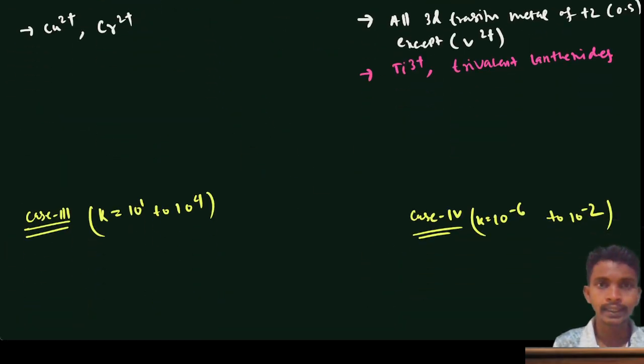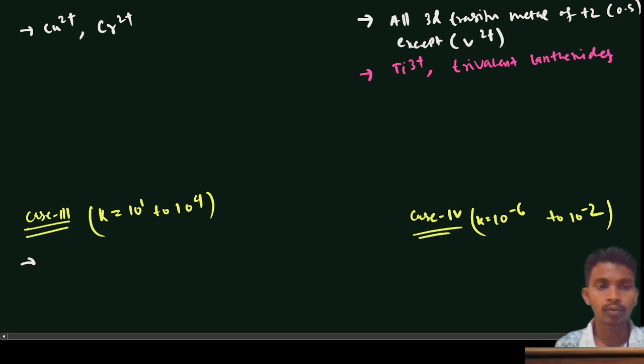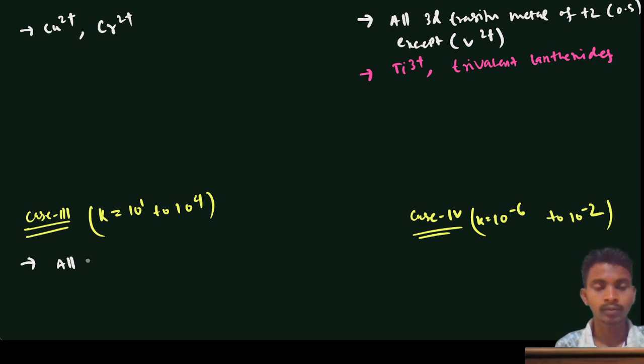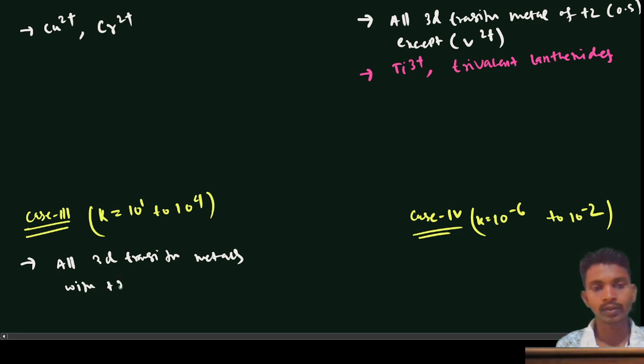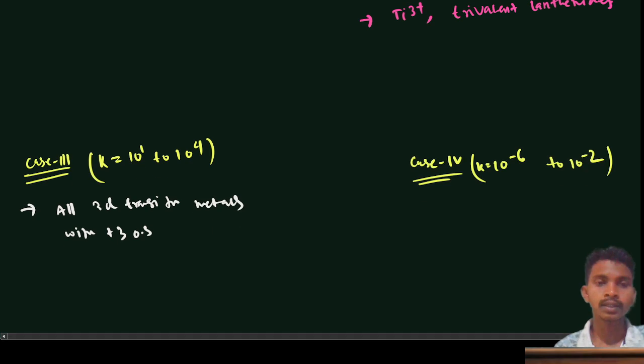And for case 3, which type of transition metal will fall? All 3d transition metals with +3 oxidation state, that is +3 oxidation state, except